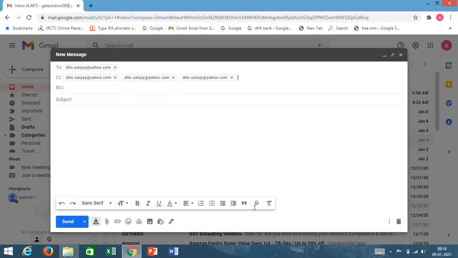Now let us say along with the email ID dhn.sanjay, I am sending the same email, the same content, to three different people. Okay, so those three different people's IDs we can write in carbon copy, that CC tab. So after writing, again you put the subject and the content of the email and you send.